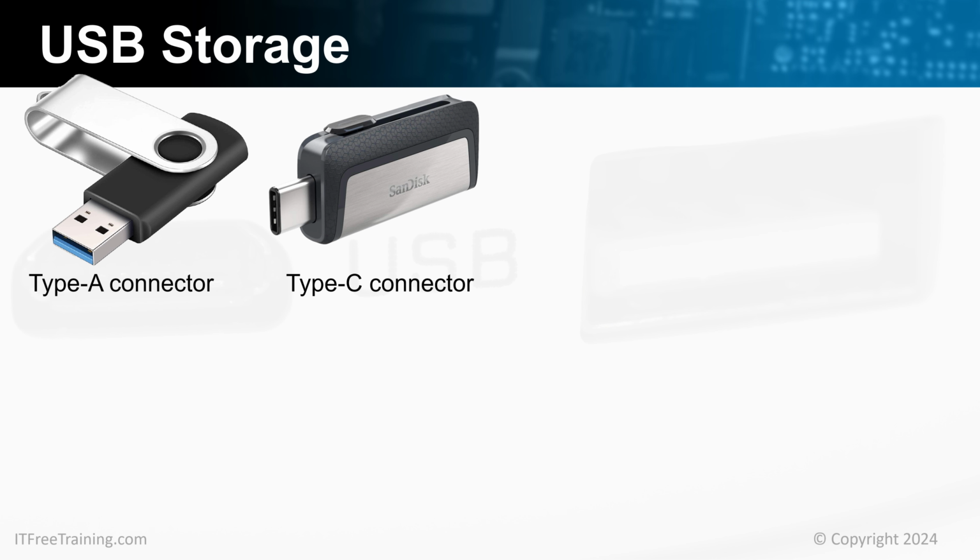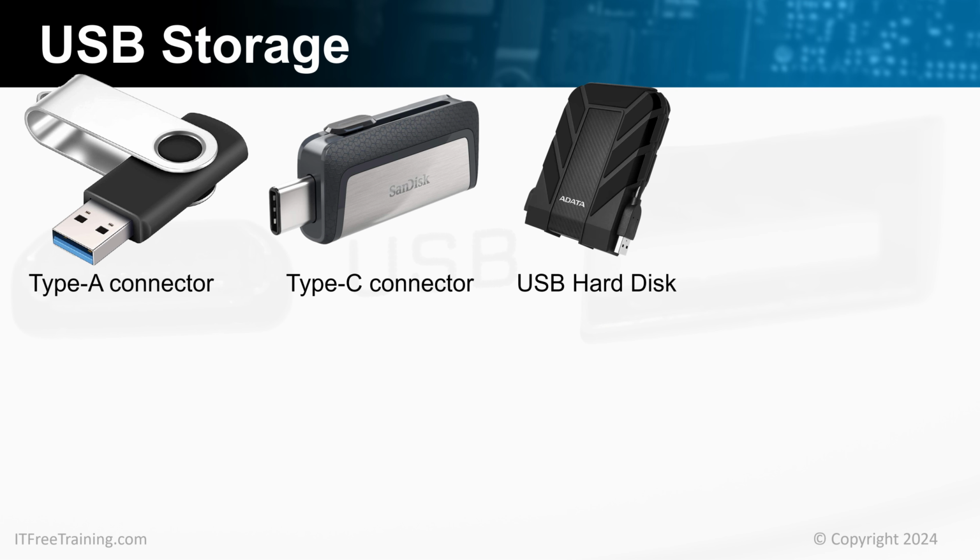Since USB thumb drive storage uses flash memory, it costs more than other storage devices. Thus, in order to get more but cheaper storage, a hard disk may be used. These devices, instead of using flash memory, use a hard disk.